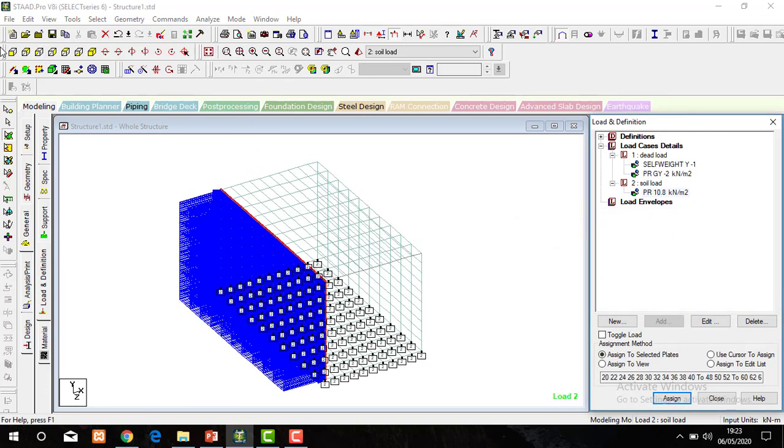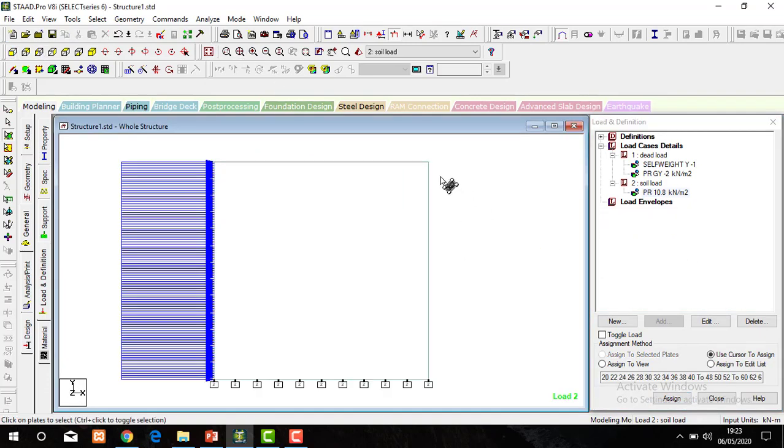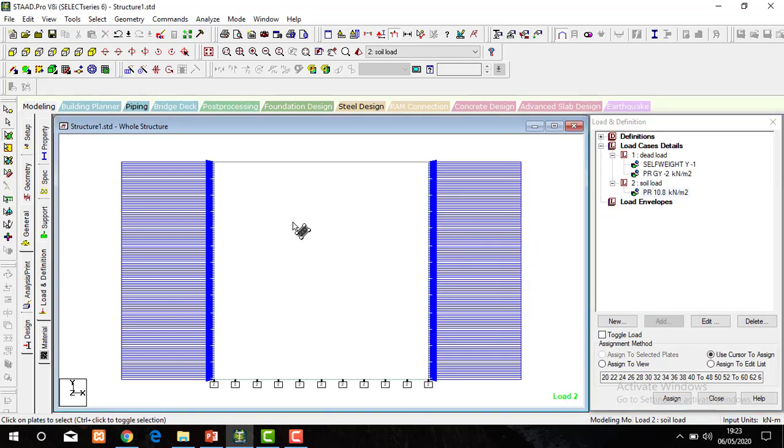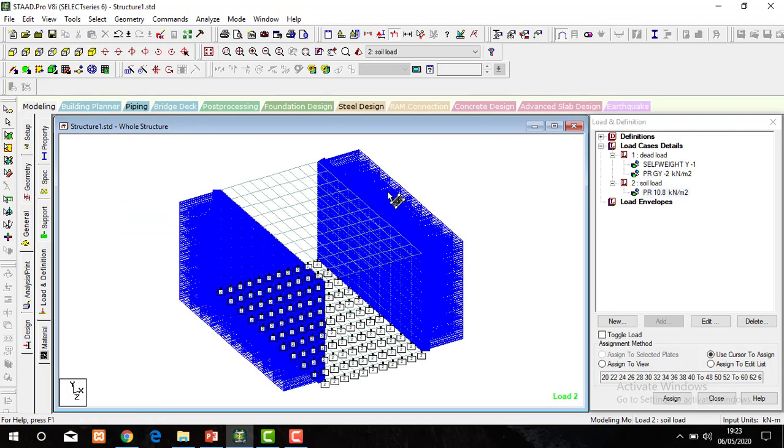Okay. Now you can see the surcharge load acting on this side. Also apply to this side. Assign to selected load. So now you can see the surcharge load is going to be acting from both sides of the culvert.